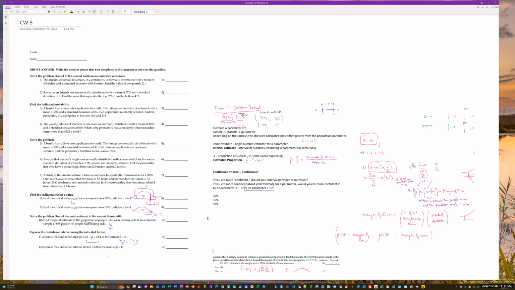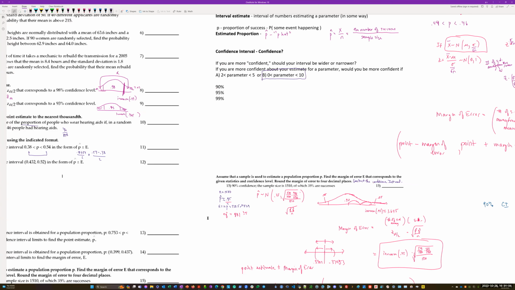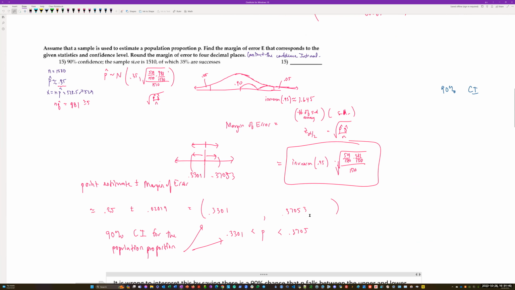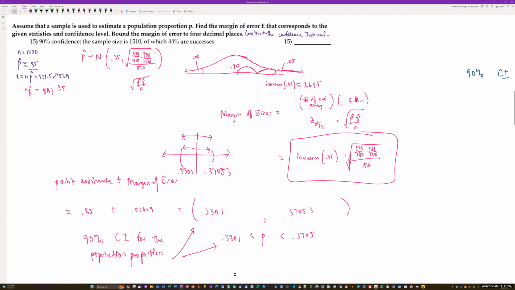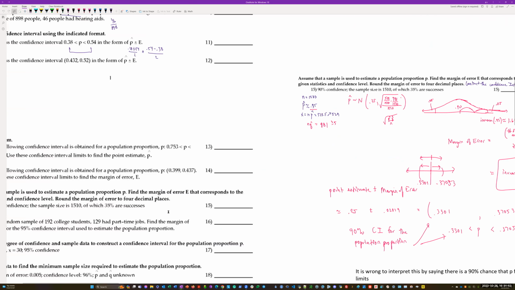So we were talking about confidence intervals before. I think we only got through that one example though. But we did this whole thing here. We came up with the margin of error, what the confidence interval was. Is that correct? All right, then